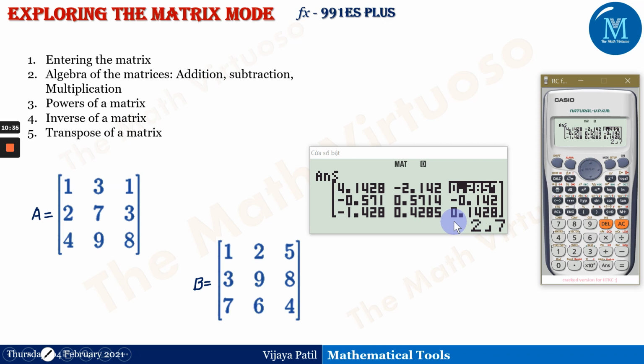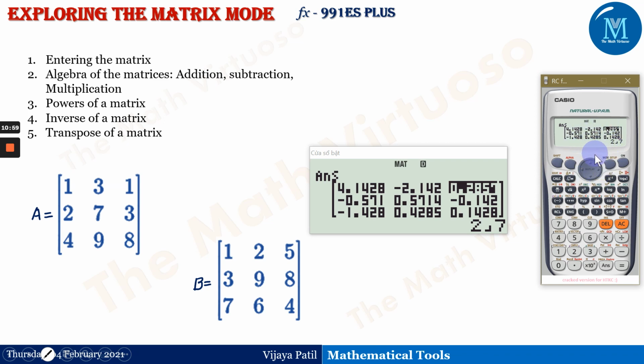Then the next number, if you observe, that means you are going to get the inverse in both ways, in the a by b fraction format as well as in the decimal format. So both ways you will be getting it. So this is 0.2857, which is nothing but 2 divided by 7. So this is the operation known as the inverse of a matrix.